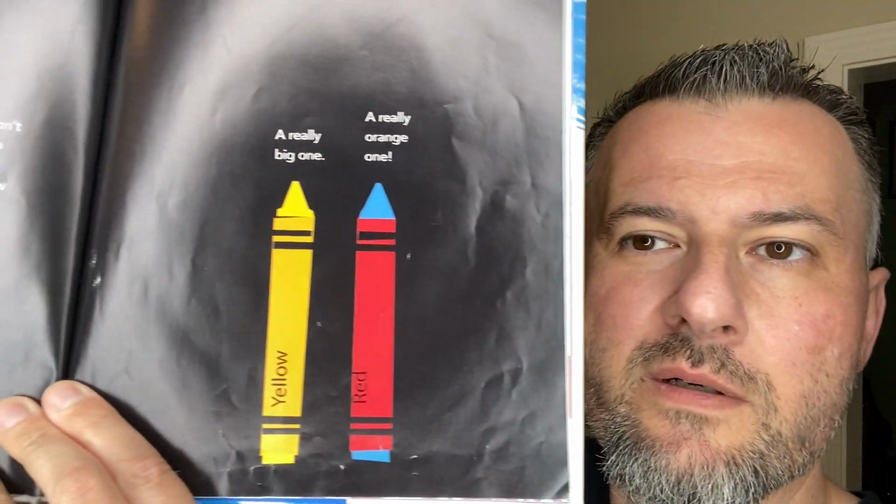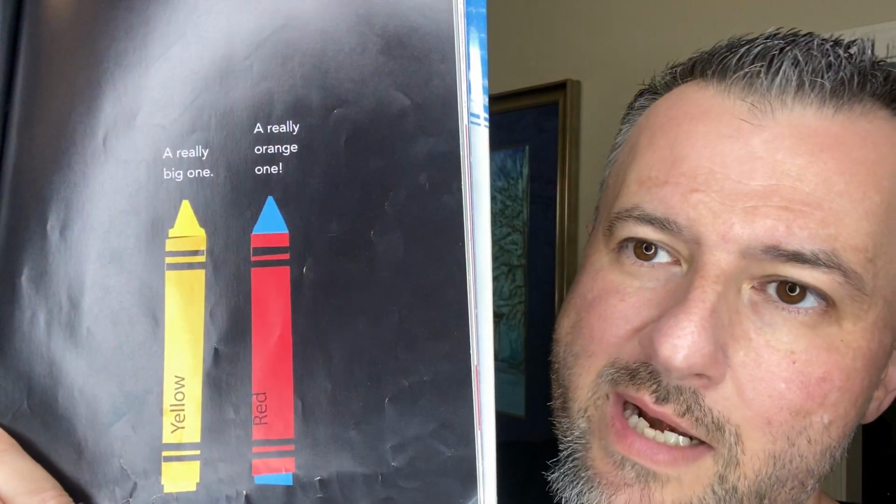His mother thought he needed to mix with other colors. Why don't you two go out and draw a nice round orange? And his friend is Yellow, by the way. And Yellow goes, a really big one. A really orange one, says Red. So together, red and yellow would make a really cool orange, but